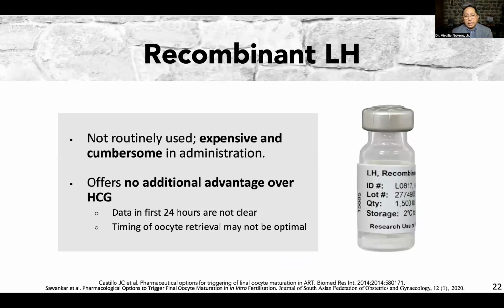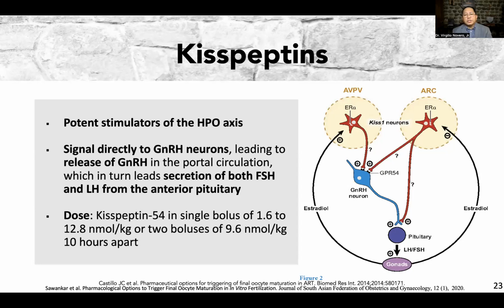But recombinant LH is not commonly used. It is expensive and cumbersome in administration, and therefore offers no additional advantage over HCG. The last group will be your kisspeptins, which are potent stimulators of your HPO axis. They signal directly to your GnRH neurons, leading to the release of your GnRH in the portal circulation, secreting, therefore,